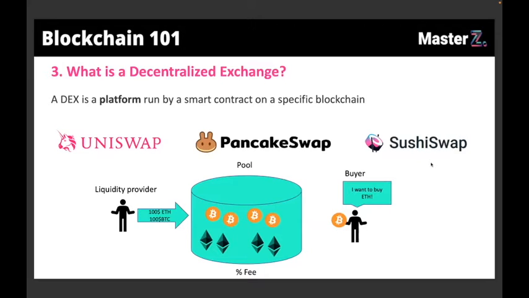Decentralized exchanges work a little bit differently than a centralized one because they don't have an order book. So people don't go there and place their orders on an order book, but they use a different method, and they have what we call liquidity pools. I'm going to try to explain this concept because it can be tricky the first time you hear it. So as you can see, we have a liquidity pool in the center and on the left, a liquidity provider. A liquidity pool is simply, let's say, a big container that contains only two cryptocurrencies. In this case, we have Bitcoin and Ethereum.